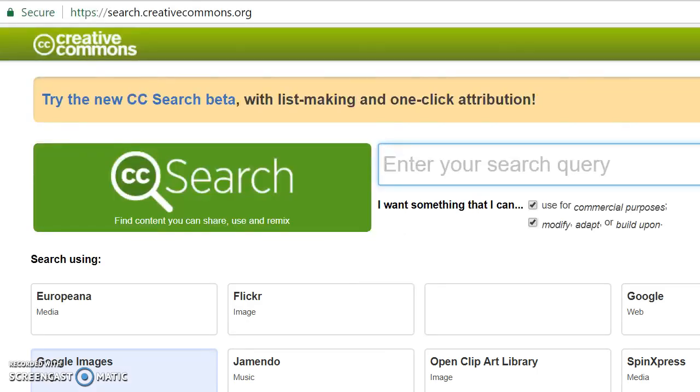Hello, I'd like to talk to you about searching for Creative Commons materials. Creative Commons is a way for someone to share, use, or build upon something that someone else has created. You still need to give that original person credit for the use of their materials, though. One of the easiest ways to do this is to go through the Creative Commons search, which is at